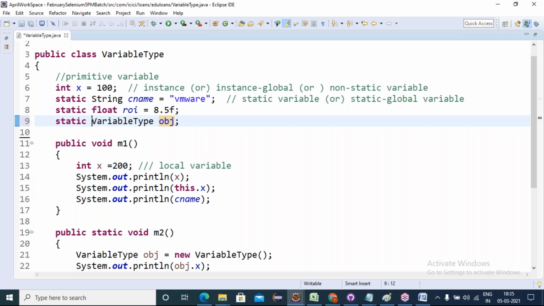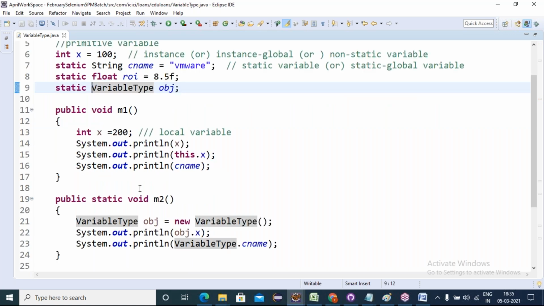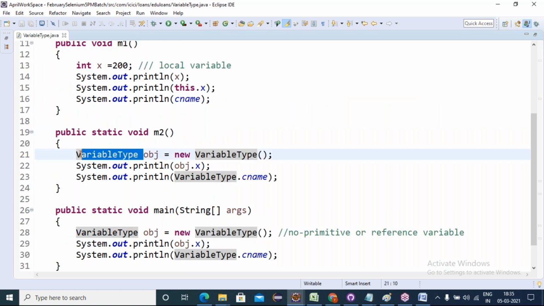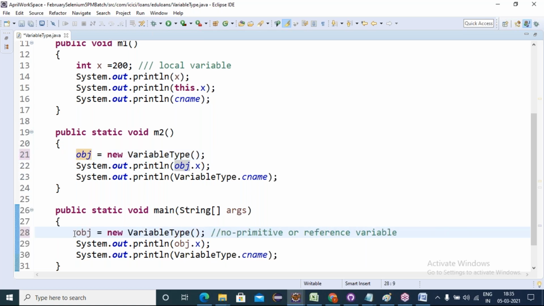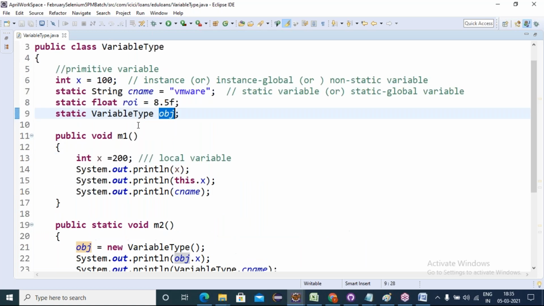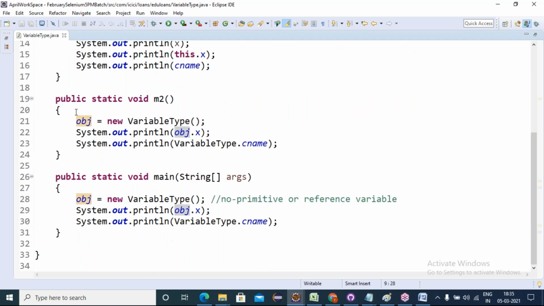Simple, we use static. Now see friends, obj equals new, obj equals new. So it turns to blue color. See, this obj goes to here, friends, which is shared in this M2 method. This is also shared into this main method. Understood?